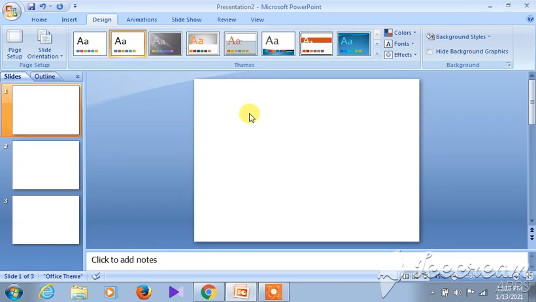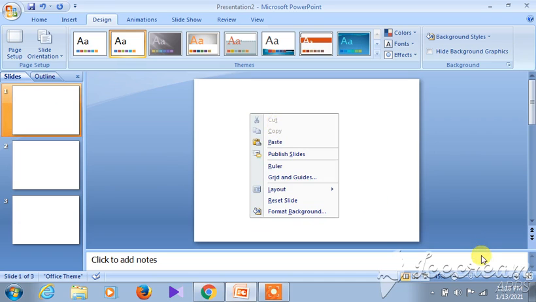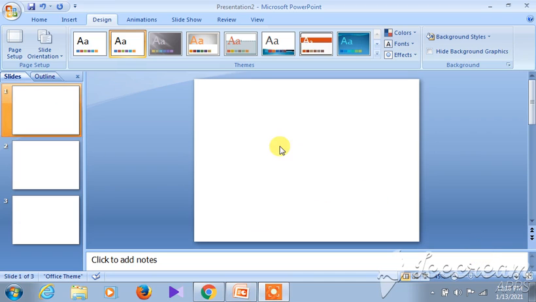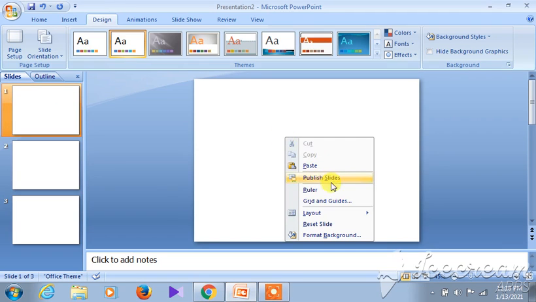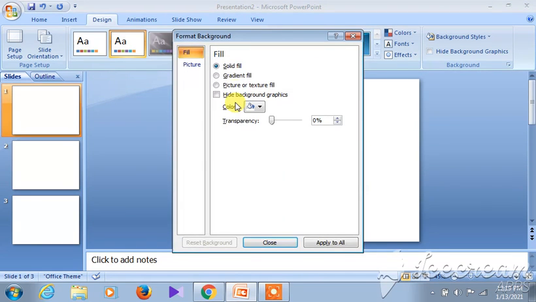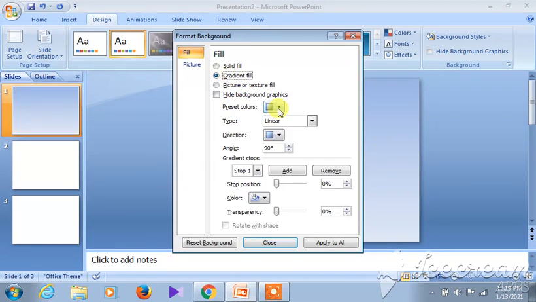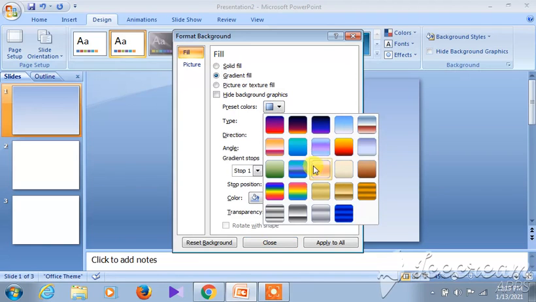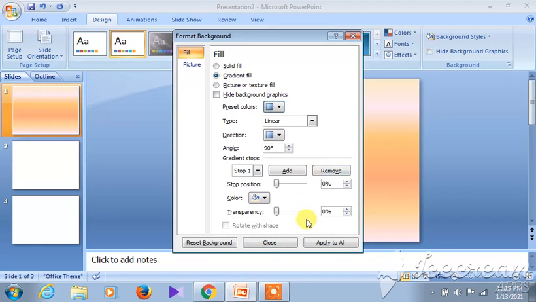We will do the format background over here. I will minimize this one. Now, what will you do? Format background will give you the different background types and also gradient fill. I am doing that out here, and I am changing to a certain light background. Then I am choosing close. So, this has been changed over here.